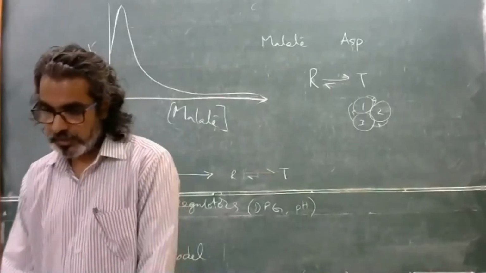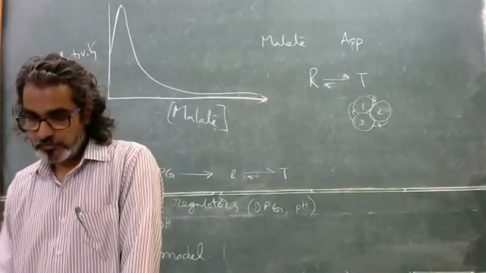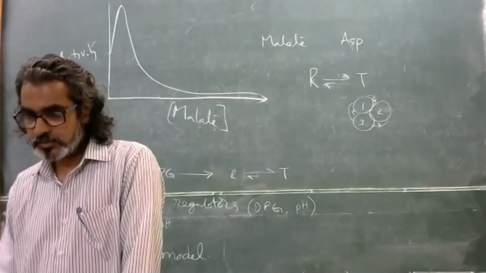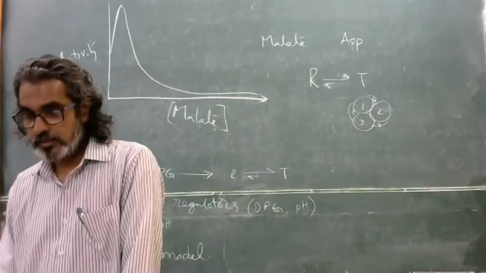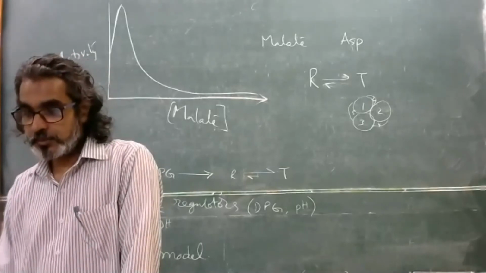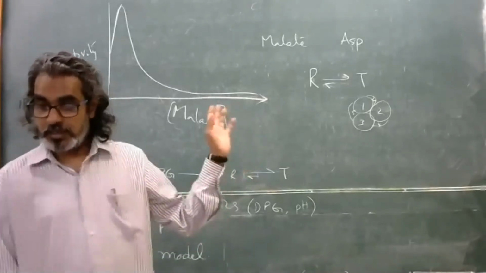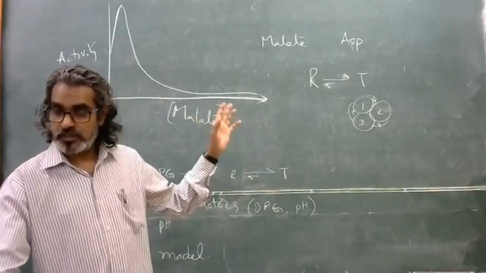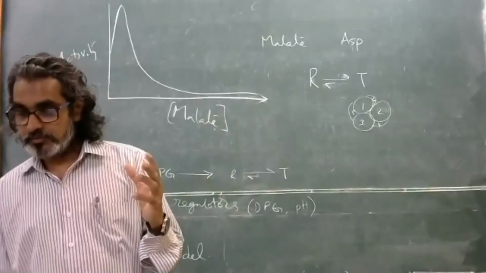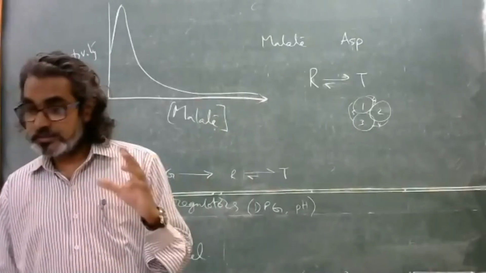A lot of data is available, but I simplified it because this is a basic course. If you are interested, you can read very interesting observations. These are so well understood by now that we can develop these models. Again, the MWC model, I explained the positive cooperativity, meaning, for example, how malate is positively cooperative. It's enhancing the enzyme at low concentrations but inhibits at high. These kinds of things can be explained by the MWC model and also the sequential model.